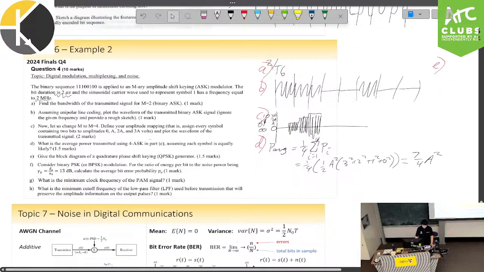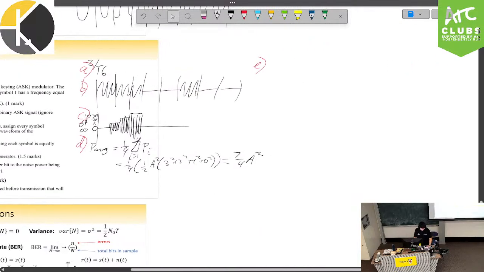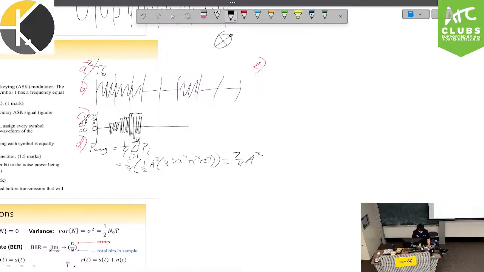Give the block diagram of the quadrature phase shift keying generator. As per usual, with quadrature phase shift keying, we want something that's going to turn these 4 bits back into binary. As we mentioned before, we want to split it into the cosines and sines, those different values. So we're going to bump them up here and here. This is going to be multiplied by a cosine. This one is going to be multiplied by sine. So 2 multiplications here, and typically we put an oscillator,